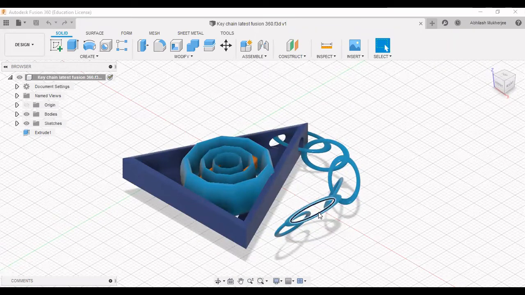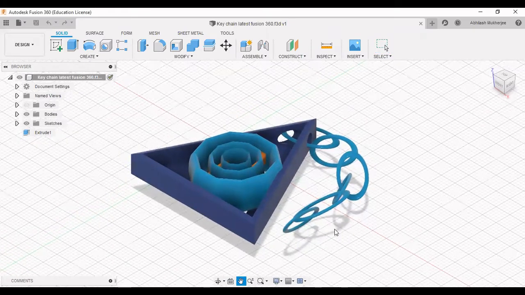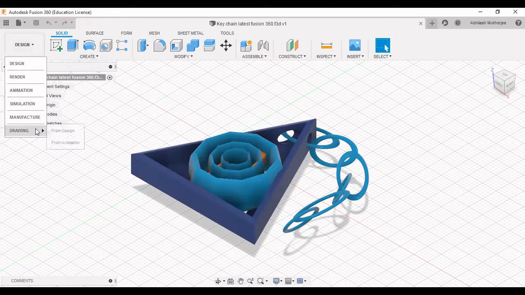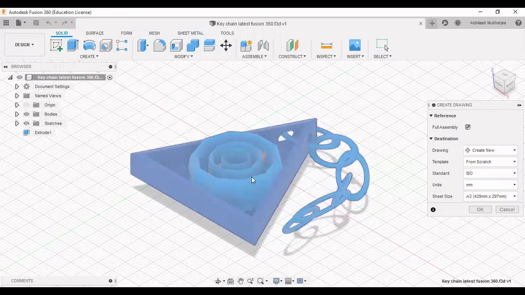In this session, we are going to learn how to convert a 3D drawing from Fusion 360 into a drawing template. For this, bring your drawing, whatever drawing you have made in 3D, into Fusion from Tinkercad or AutoCAD maybe, and then click on this design. Go to the drawings that you want to extract, and from here, go to From Design. Now, this design will be converted into a drawing.